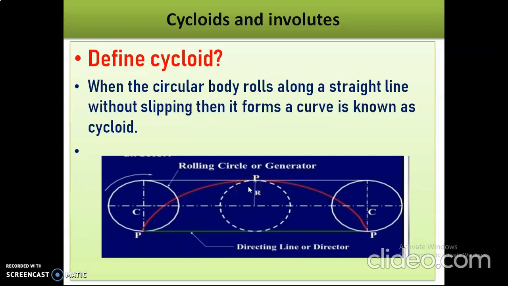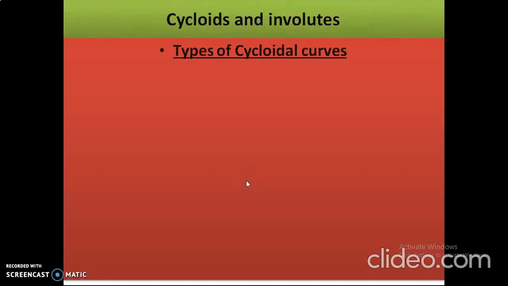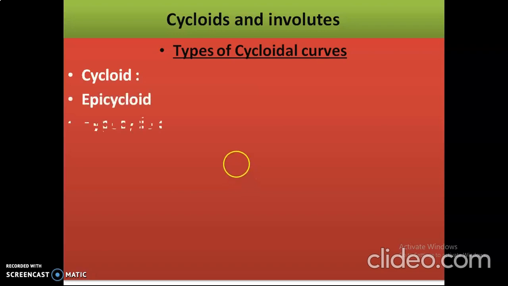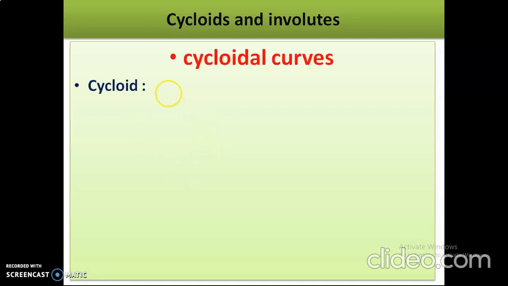Next we will see the types of cycloids. In cycloid we again have three types: general cycloid, epicycloid and hypocycloid. Let us first see what a general cycloid is.